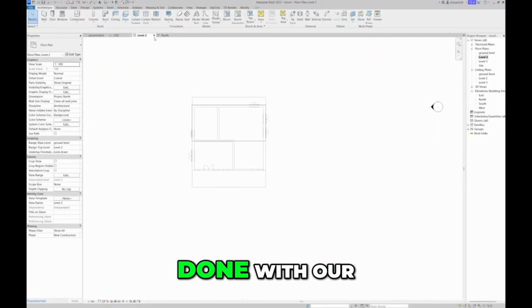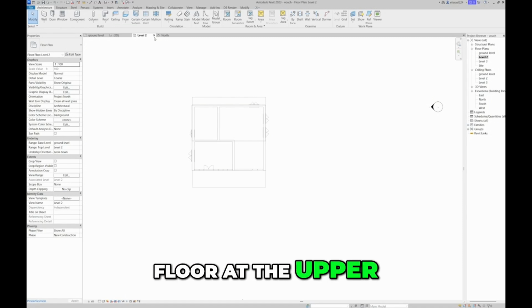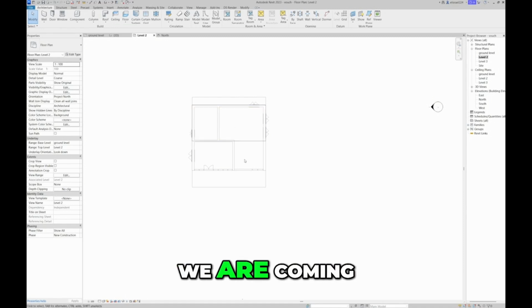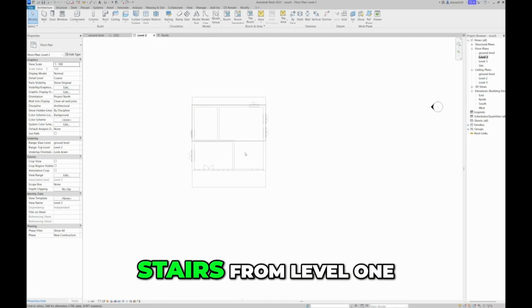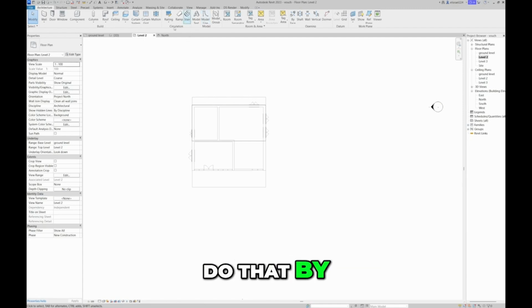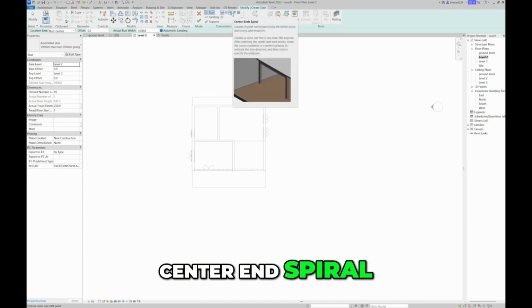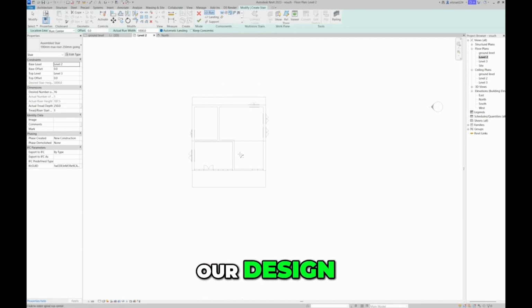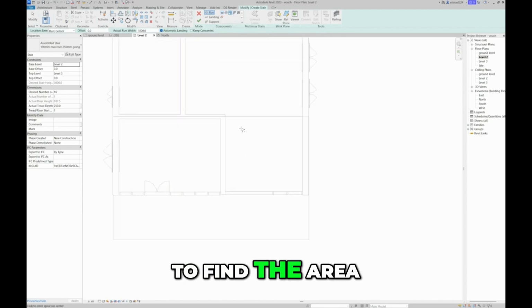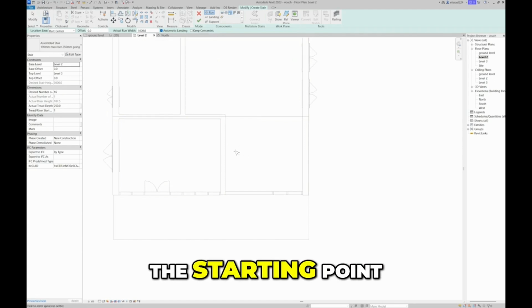Okay, so since we are done with our floor at the upper part on level 2, we are going to fix our stairs from level 1, which is the ground level, to level 2. So we do that by coming to our circulation panel, click on stairs. We are using the center end spiral. So this is the stairs we'll be using in our design. So to begin, you need to find the area in which you are working in, which is at this side. So click the starting point here,